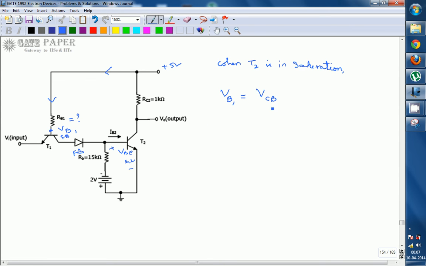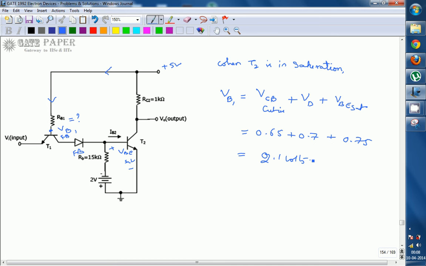the collector base junction cut-in voltage, which just comes into the on condition, such that no current will flow towards the emitter base junction. VB1 is VCB cut-in plus the diode forward bias voltage plus VBE saturation. V cut-in is given as 0.65, diode voltage is 0.7 and VBE saturation is 0.75. So it will be equal to 2.1 volts. So if the voltage at that point is 2.1 volts, at that time the